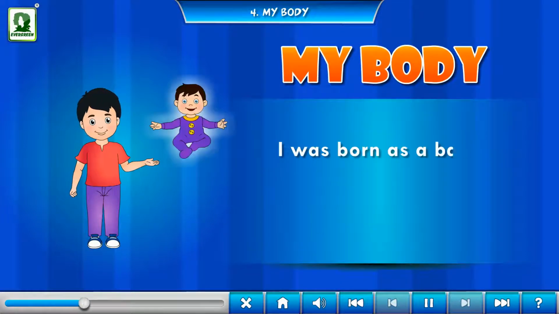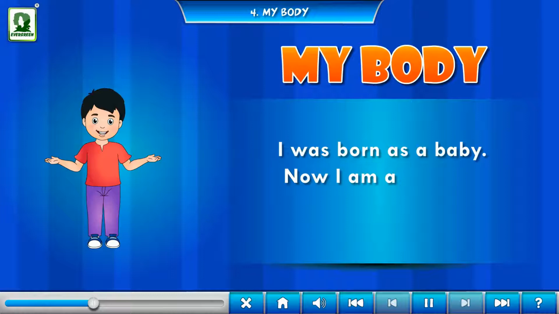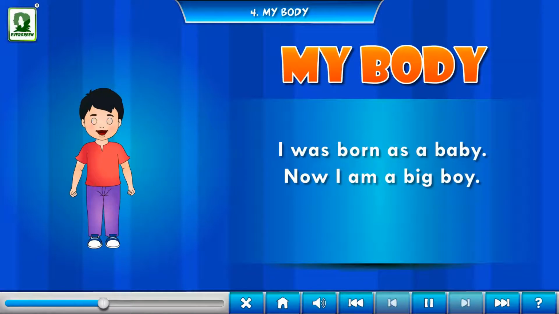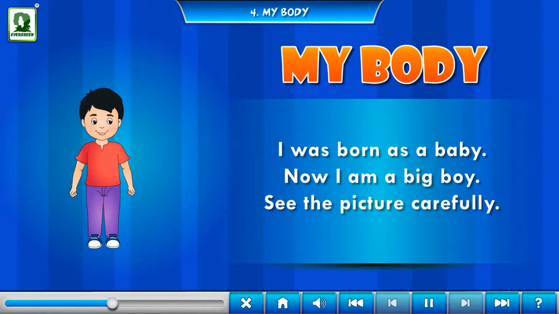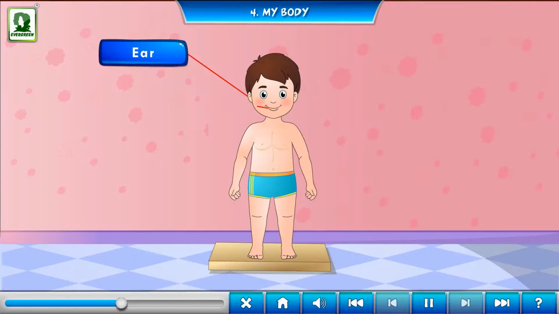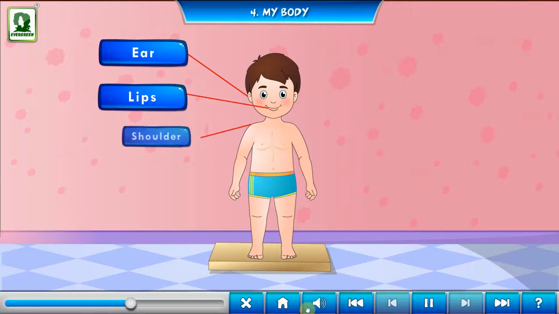I was born as a baby. Now I am a big boy. See this picture carefully. Ear, lips, shoulder,